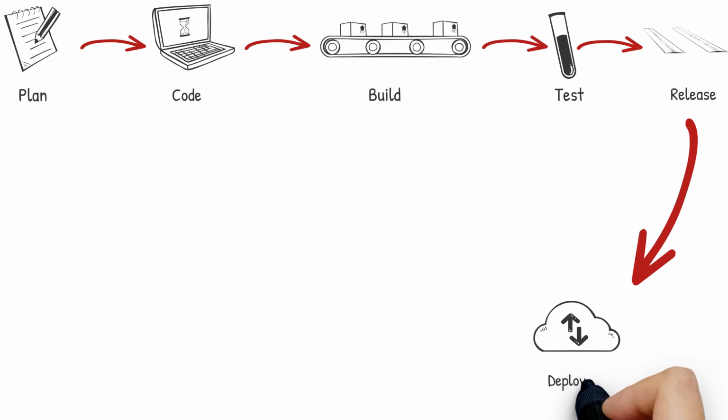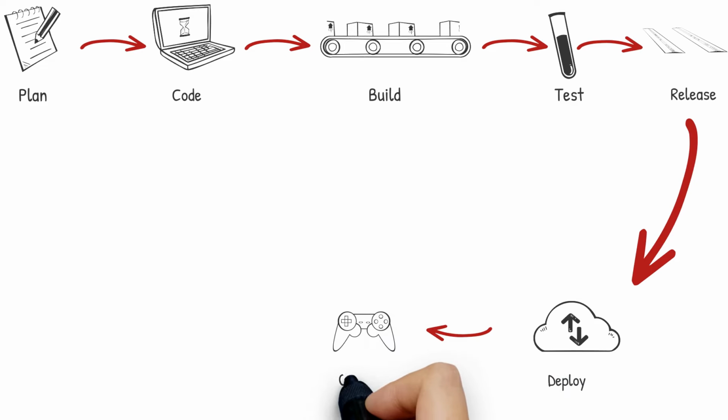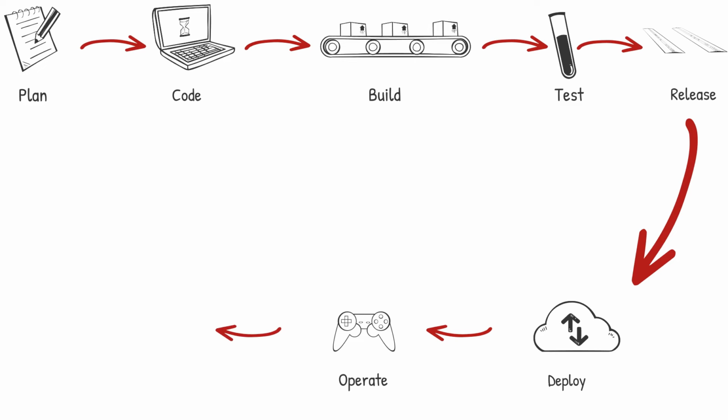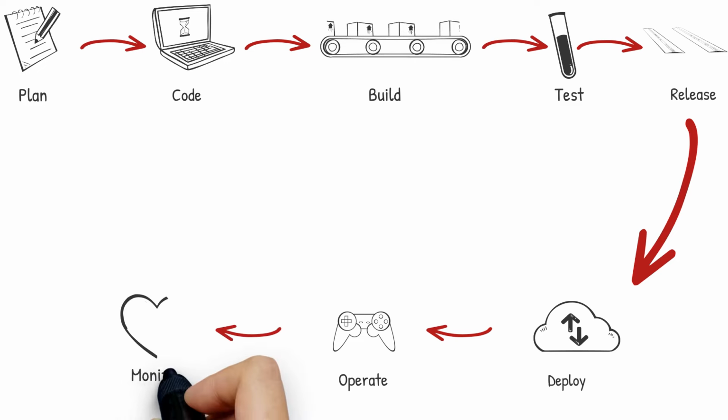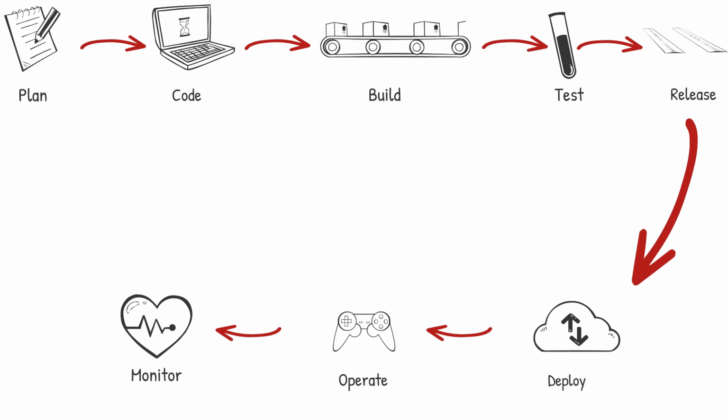This code is then deployed to different environments and finally pushed to production, where the operators make sure that the application is functioning properly and they manage the day-to-day operations. Finally, the application is regularly and thoroughly monitored for any issues reported from within the application or externally via the users. This completes the cycle of continuous development, continuous integration, continuous deployment, and continuous monitoring.